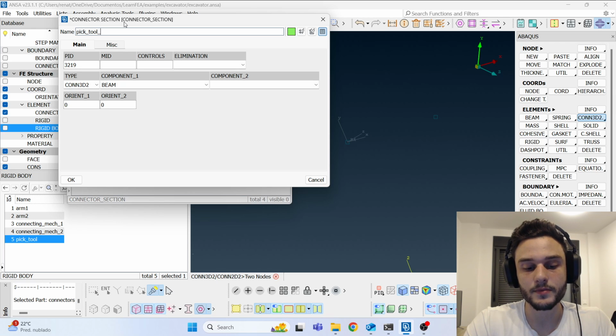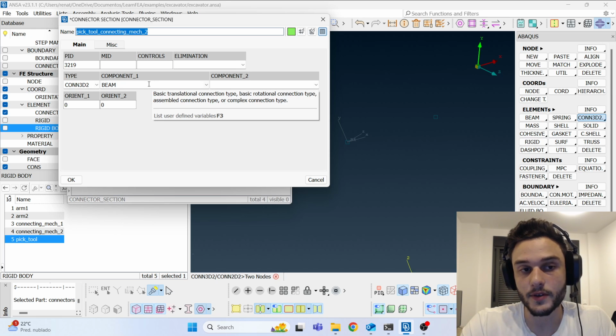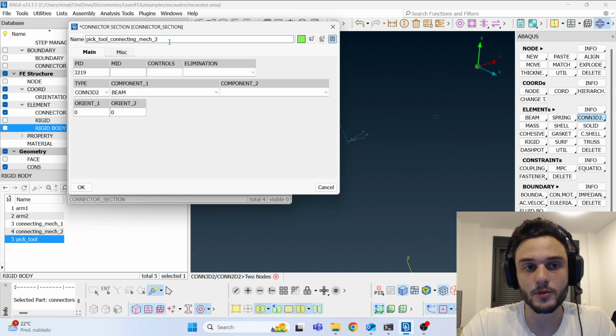Maybe this is the connecting mechanism 2, maybe. We can check it later. Okay, this name is just for organization. You can give any name you want, okay? And you don't even need to give it a name, okay? It's not an obligation. This should be a hinge,